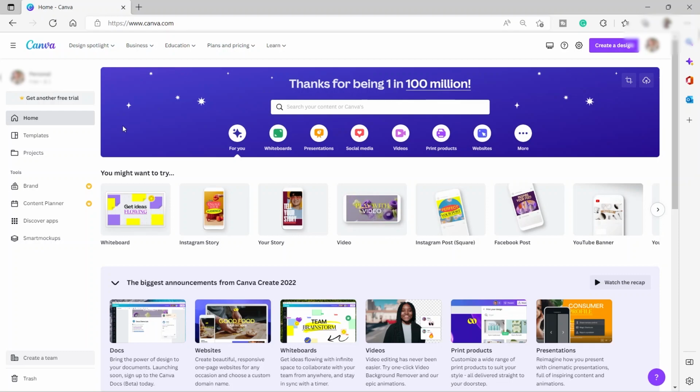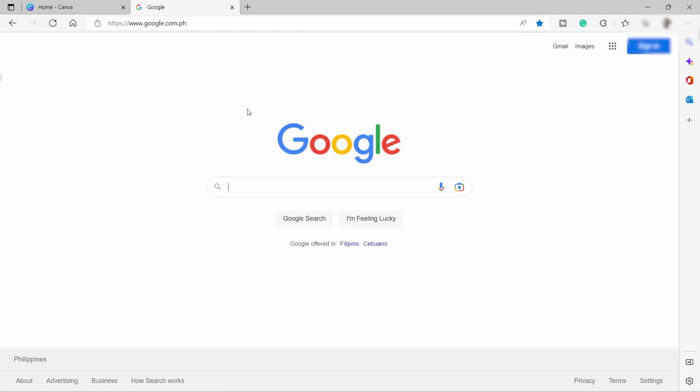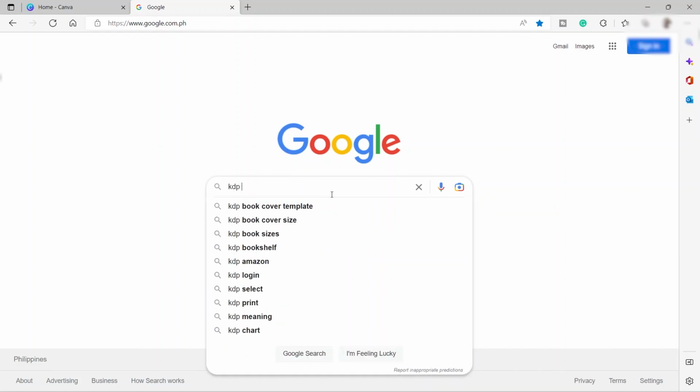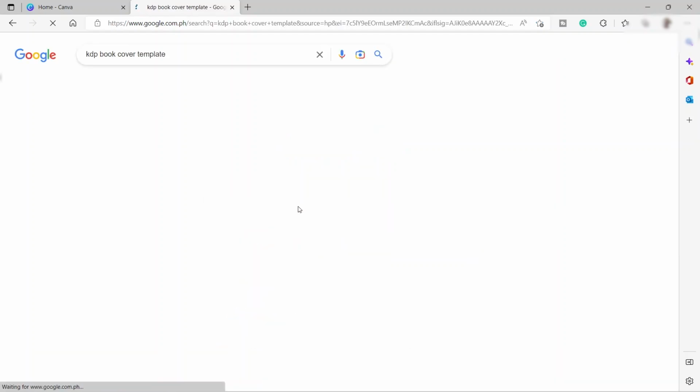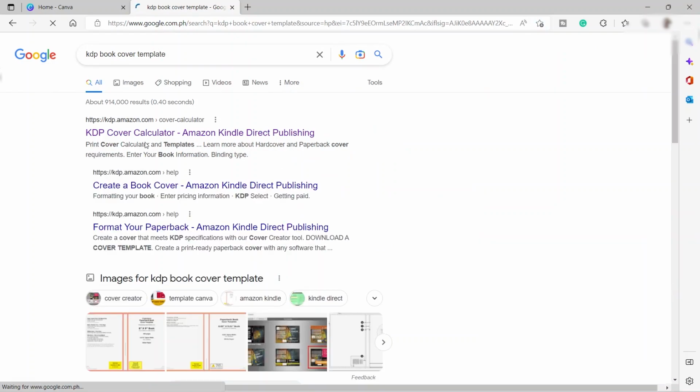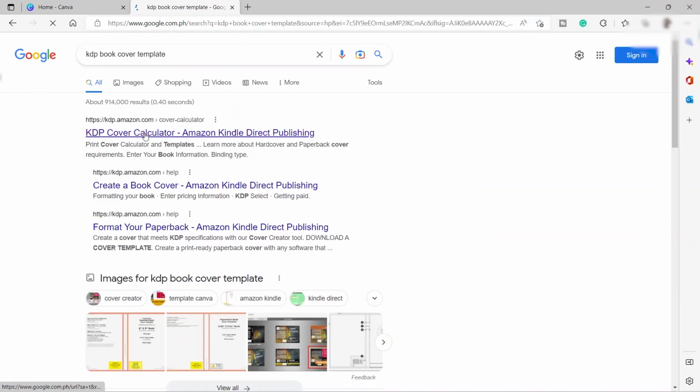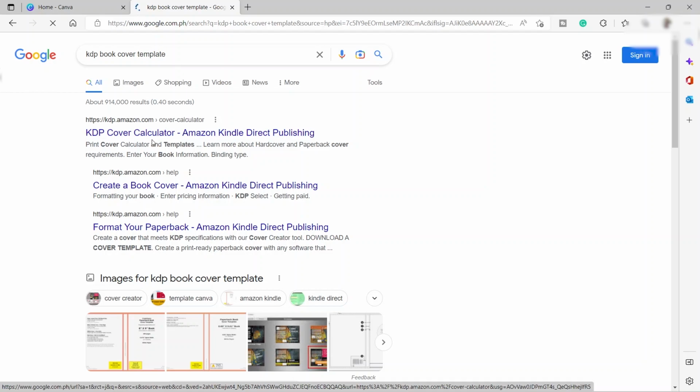Canva is a free software tool to use for any graphic design. Before we can create our Amazon KDP book cover, we need to first get the correct size for our book. To do that, let me open a new tab, go to google.com, and search for the KDP book cover template. All right, I got it here. Just click this one, the KDP cover calculator,